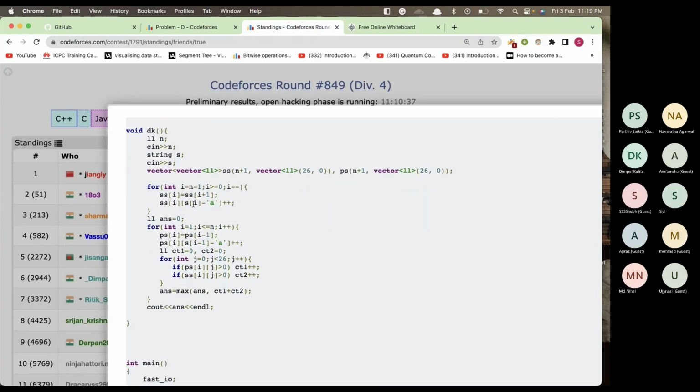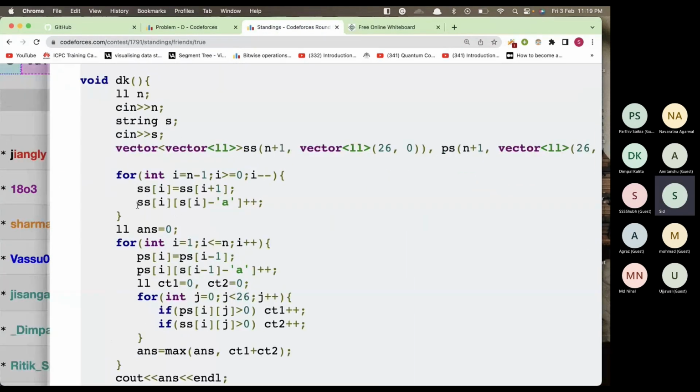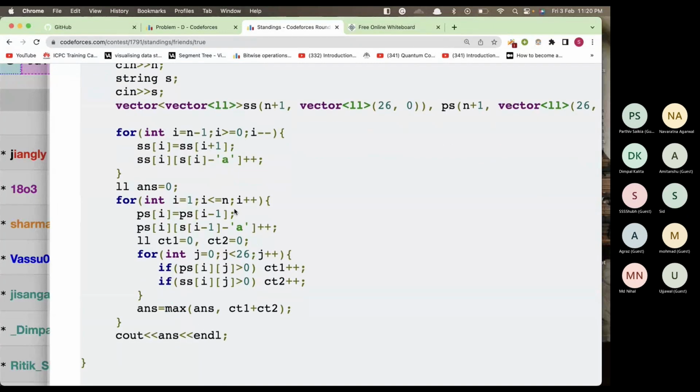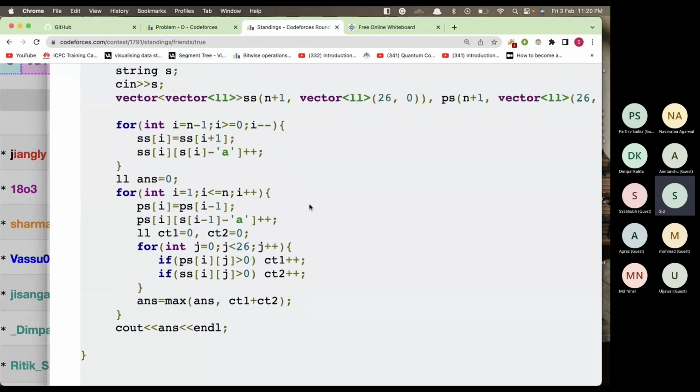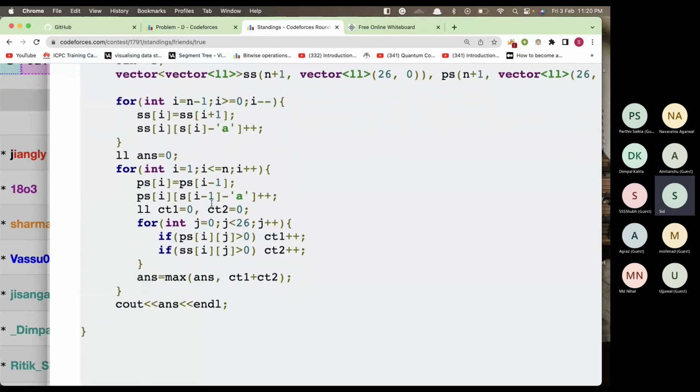कोड दिखाता हूँ, ये रहा। अब सफिक्स सम की तरह, तो मैंने क्या किया, हर इंडेक्स के लिए पहले तो मैंने सफिक्स वेक्टर बना लिया n×26 साइज का, ताकि मैं हर कैरेक्टर के लिए स्टोर कर सकूँ। जैसे कि अगर एक इंडेक्स पे ए आया तो इधर उसका ए में प्लस प्लस हो जाएगा और उसका नेक्स्ट में ये सफिक्स ऐड हो जाएगा।